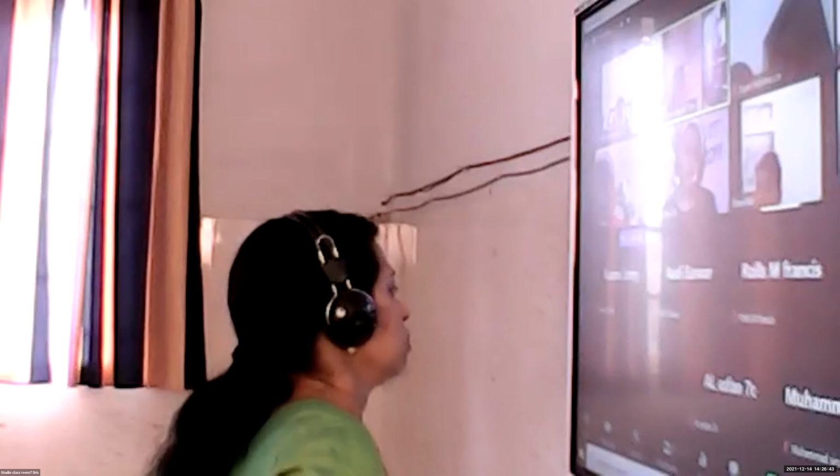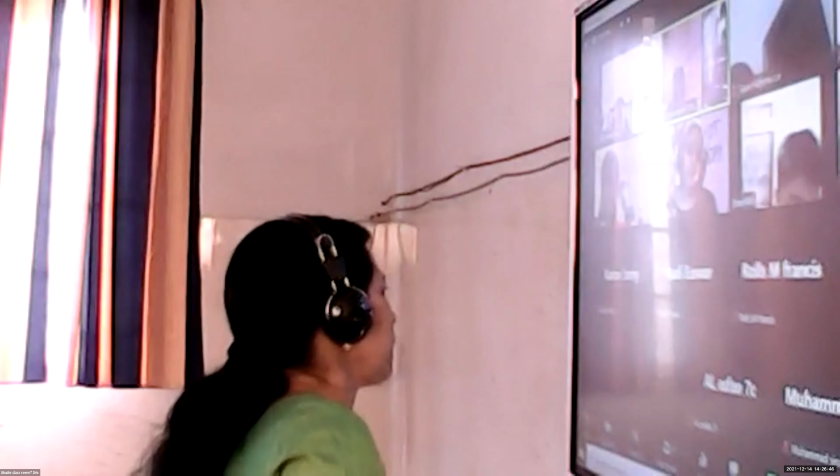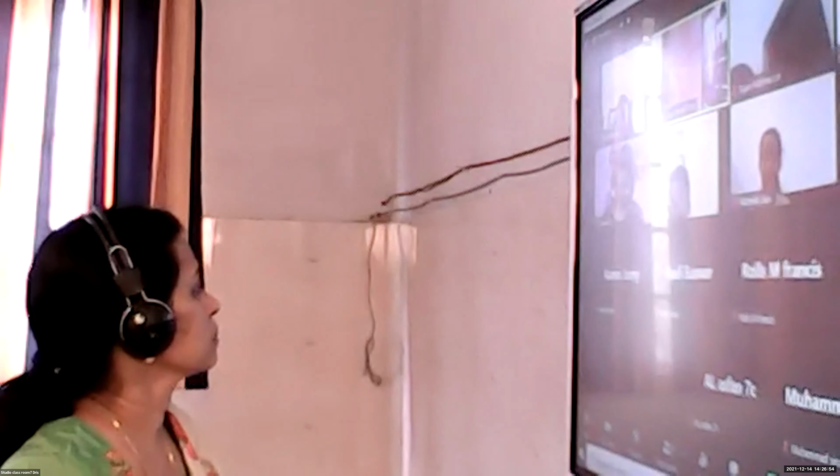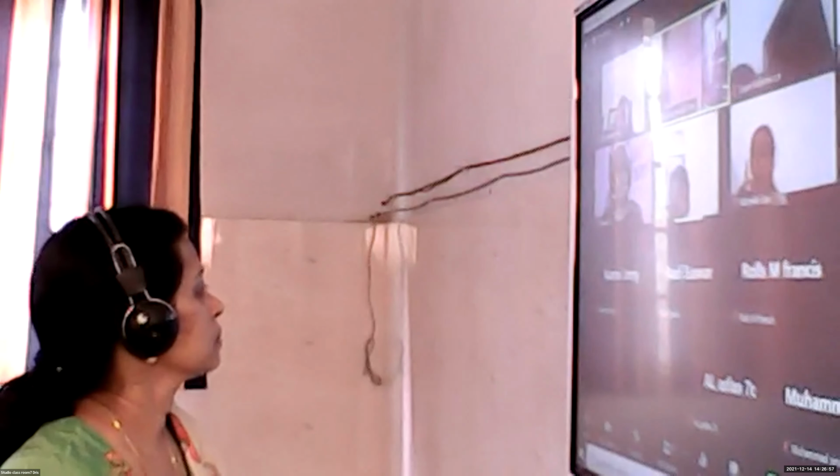Okay, Adi Dev, tell me what is the area of a rectangle? Length into breadth. Okay, Aaron Jomi, can you answer? No. Ihan, what is the perimeter of a square? 4 into one side.